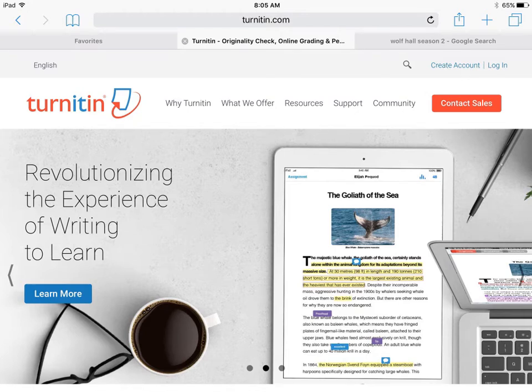Hello! In this video, I will show you how to make an account in Turnitin.com and how to submit a paper. So first, you will need to go to Safari and go to Turnitin.com. You don't want to use the app. You're going to want to do this in the actual website,